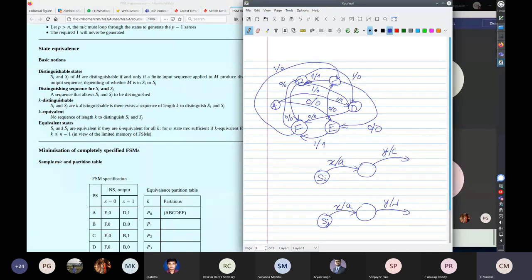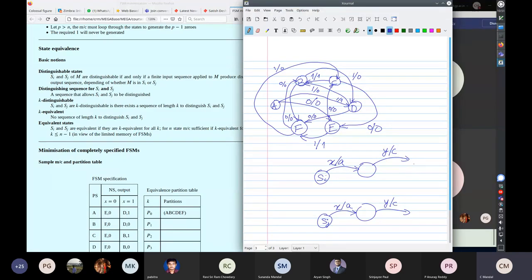So now you can see that you are able to distinguish. This is C, this is T. Of course, in this case, you are able to distinguish in the very next step, but it need not happen so fast. Even this one might be the same, even this one might be the same. So at some point,